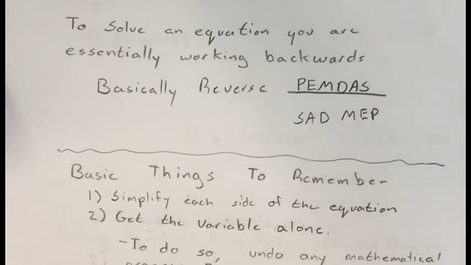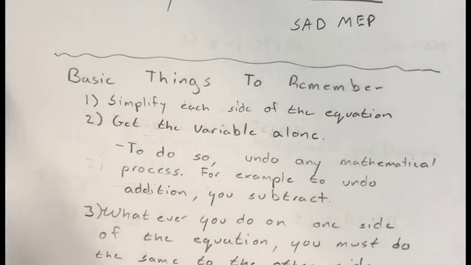Some basic things to remember when you're solving equations, and this is just really basic things. This is not everything that you need to know when solving massive equations, but these three are Mr. Lewis's main rules to always follow. It's just something that's always helped me. The first one is to simplify each side of the equation. Basically, I will look at one side and see if I can simplify it as best as I possibly can and make it easier for me to read. Two, after I've done simplifying the sides of the equation,